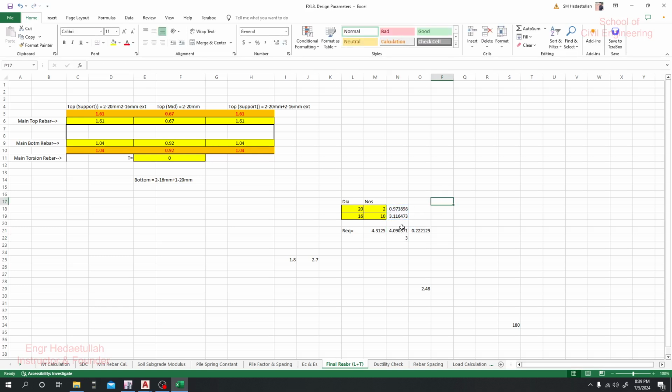Okay. So we need 4.31 inches for reinforcement, and we have provided that reinforcement. Also we need 2.22 inches for reinforcement. Okay, so here one thing we can do, we can use 20 mm reinforcement, and